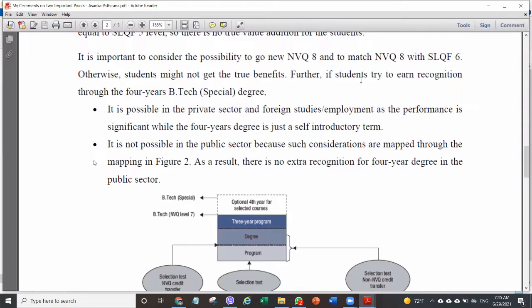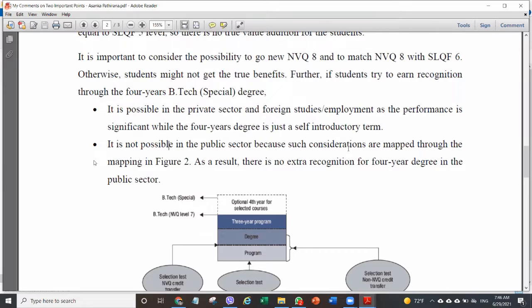Further, if students try to earn recognition through the 4-year degree, in some cases it is possible, in other cases it is not. The 4-year degree is just a self-introductory term. You can introduce yourself as having this special degree, but if someone wants to show their caliber, in other cases it is not possible